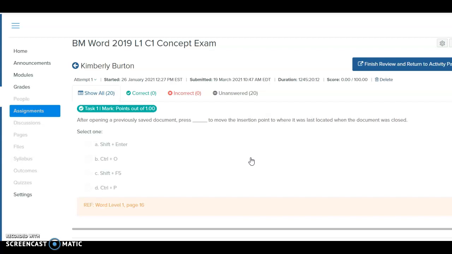Once you've completed the concept exam, you have the opportunity to review to see what you got correct and what you got incorrect. You'll even see some reference information. If you want to go back to the textbook, look at the page number, review if you're not sure about something. And my recommendation for doing the concept exams is to always have a blank Word document open so you